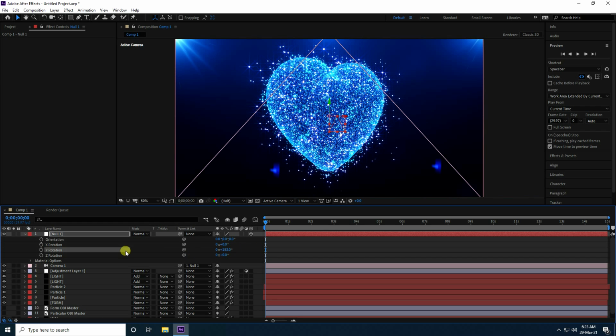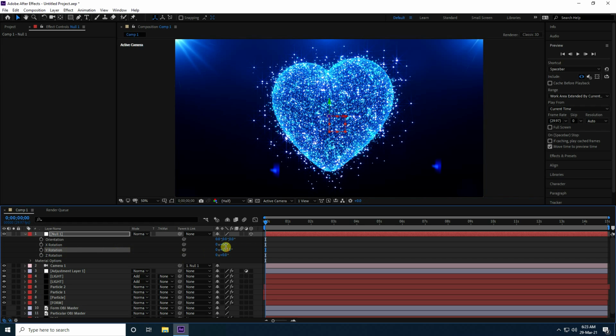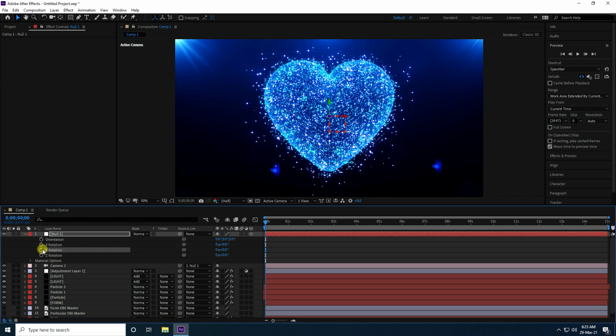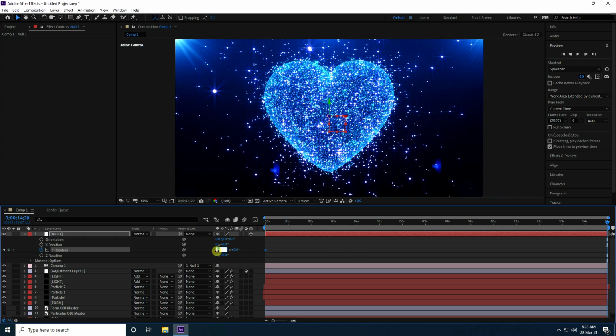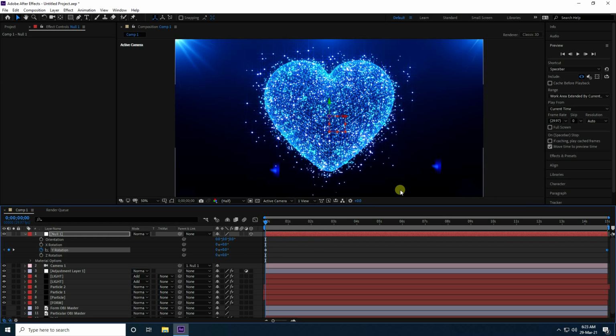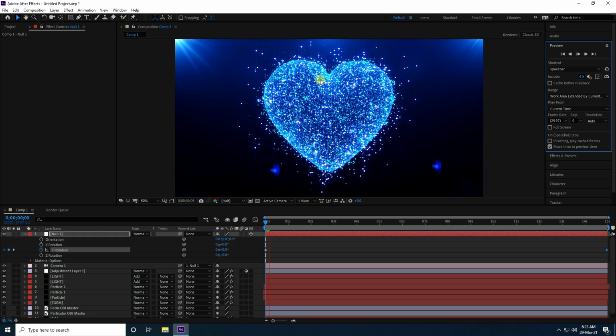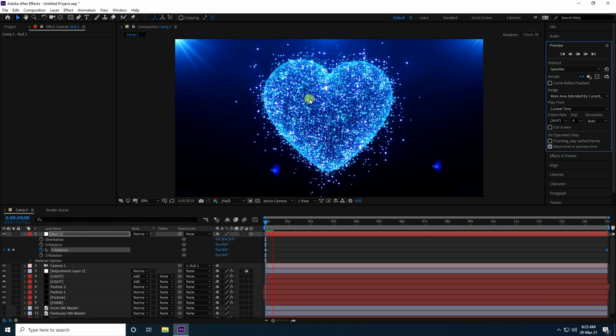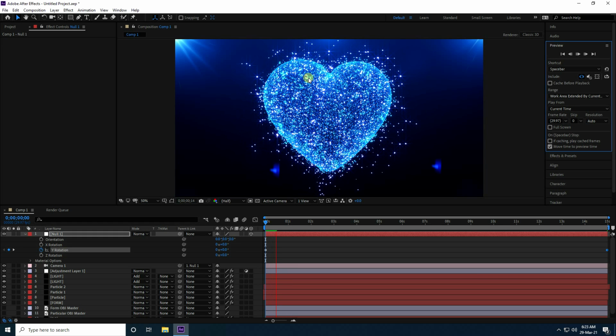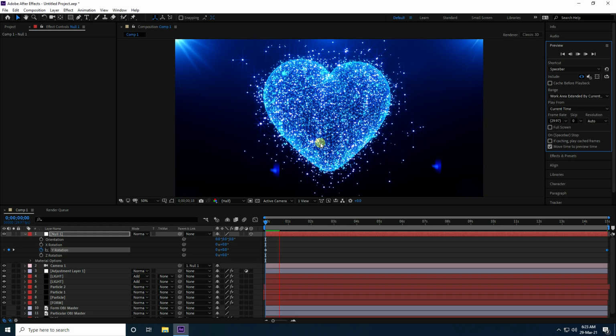Guys, Y rotation, so go to 0 and Y rotation check, yeah, and I go to 15 second and Y rotation take 360, you want, yes, and play, yeah. See guys, that's my beautiful particle effect, and second one, my rotation effect, right?